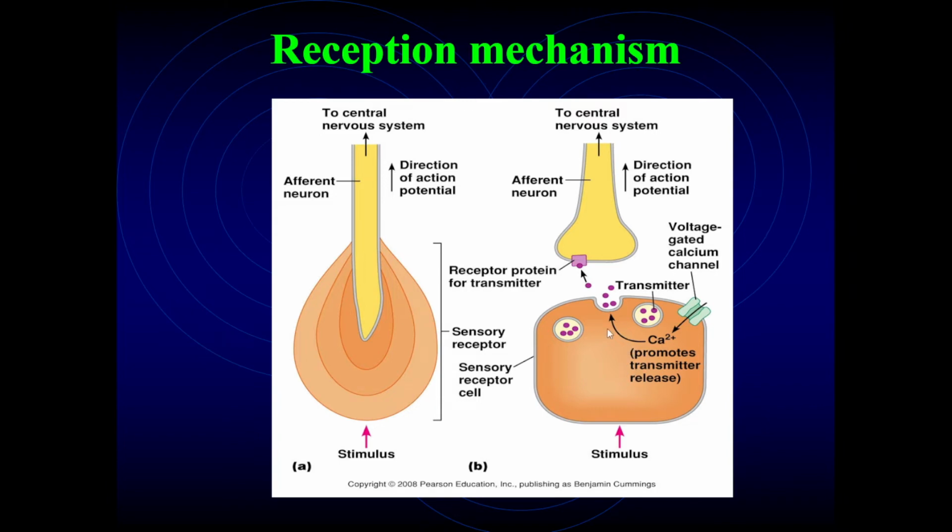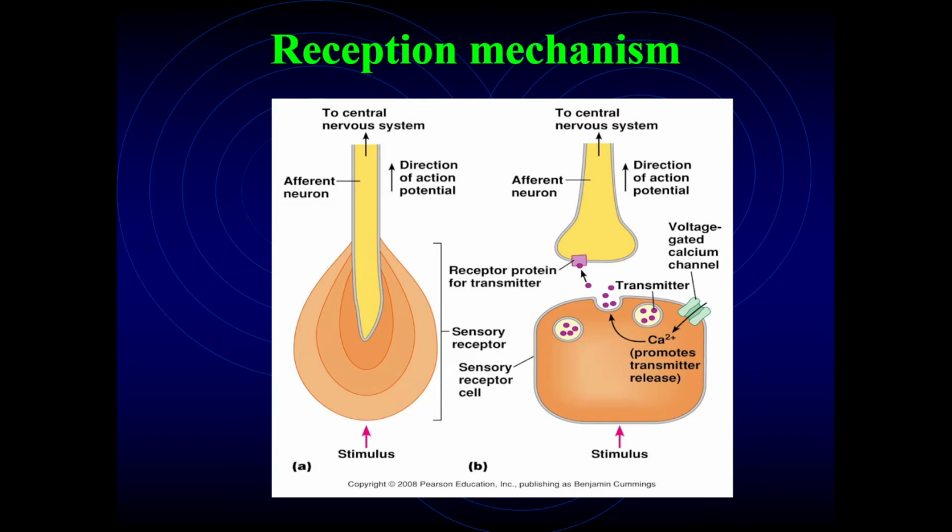Look at this slide. A receptor cell and end of afferent neuron. Presynaptic membrane, synaptic cleft, and postsynaptic membrane. Transmitter or mediator